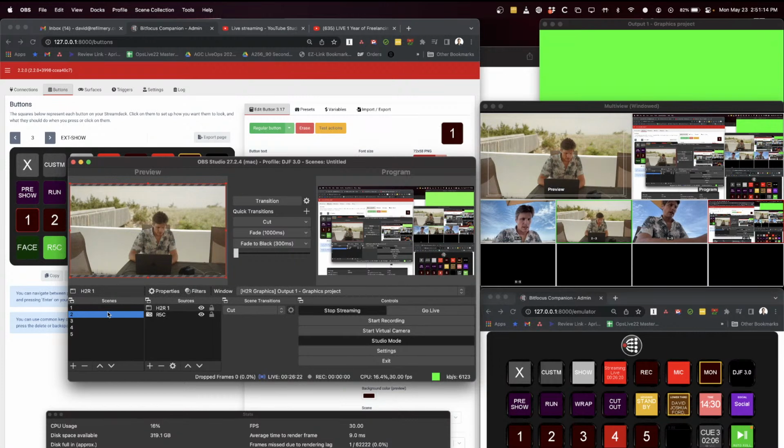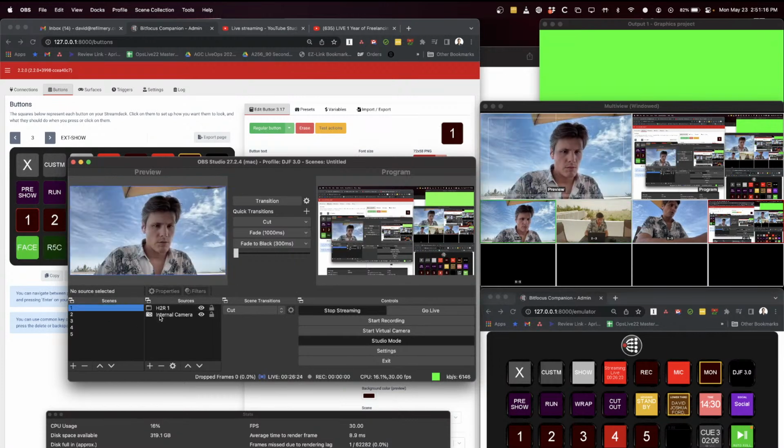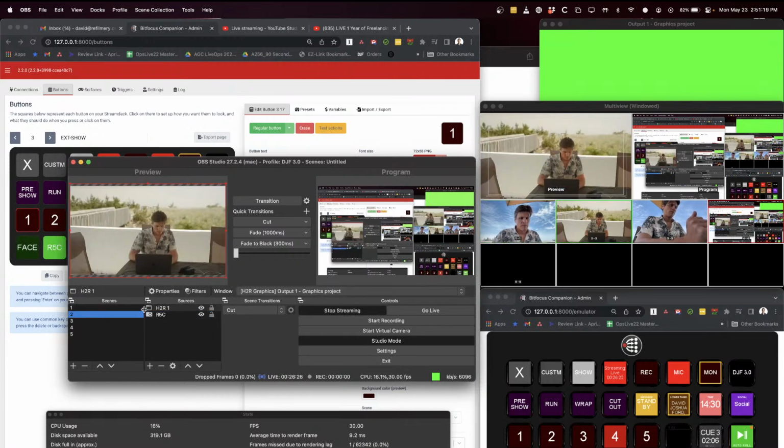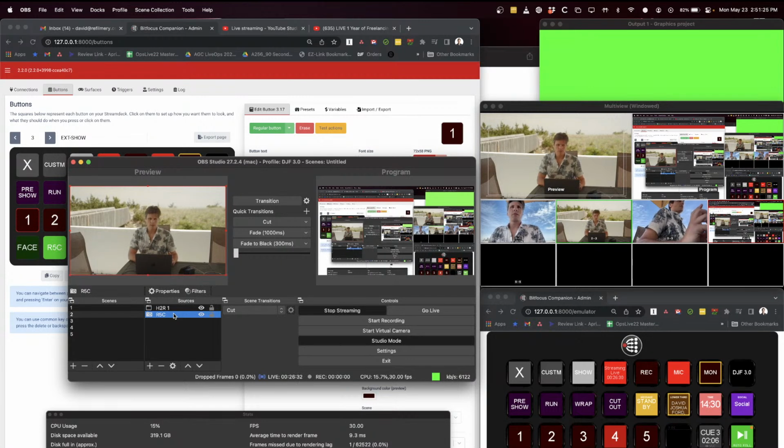All right, so what have I got? Internal camera. The R5C, which I actually don't think it's outputting 1920 1080 video. I think it's more like 960 or something. So I'm not sure if the quality of this R5C camera is actually great. It's probably not. I need to look into that more in terms of the specs and what's coming out of this camera, because